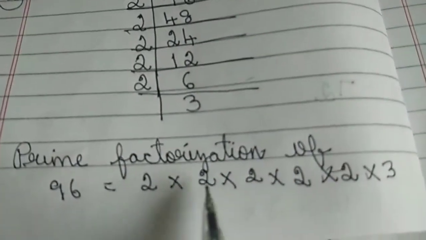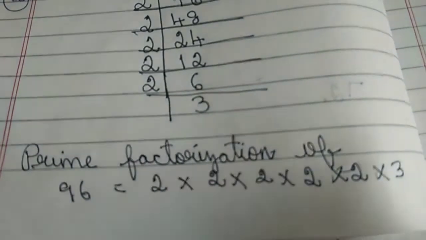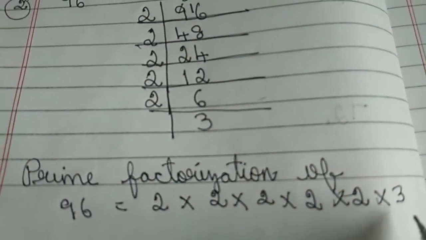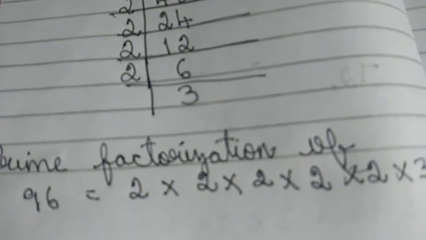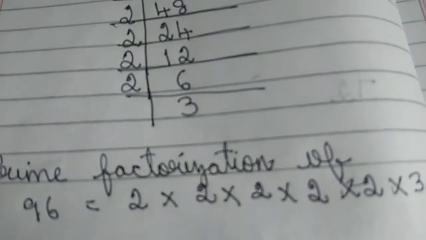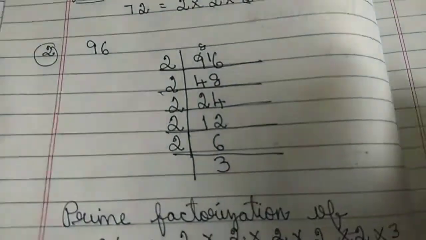So 2 2s are 4, 4 2s are 8, 8 2s are 16 and 16 2s are 32 and 32 3s are 96. We did in the first sum, this also, okay. So likewise you have to do after writing. If you multiply like this, if the answer 96 comes, means the sum is correct. Okay, children, we'll move on to the third sum.